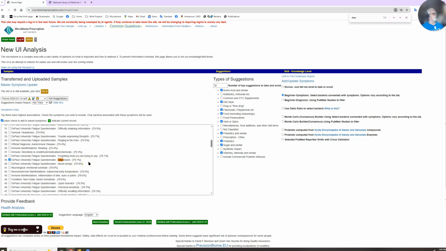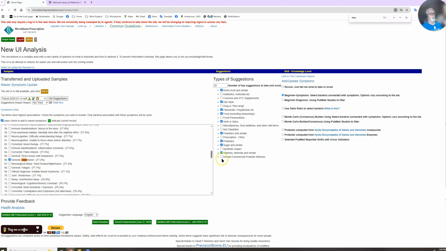And guess what? 79% agreement, 79th percentile. In other words, roughly 4 out of 5 people have fewer matches than she does for the depression model. So we could just take that one little thing by itself. And we also can mark general depression down here, which probably would be the same.